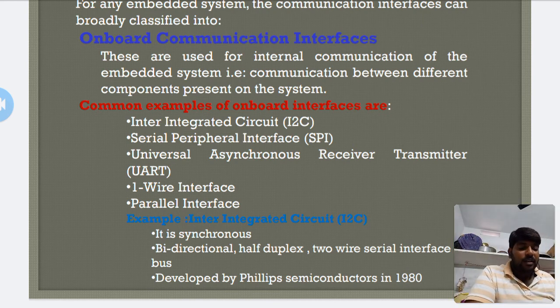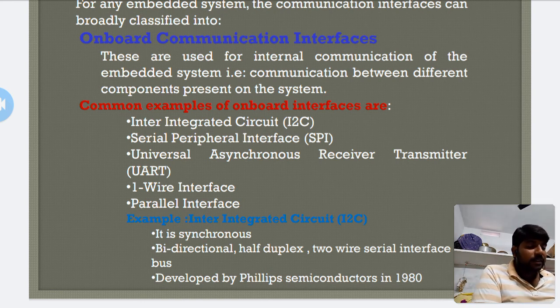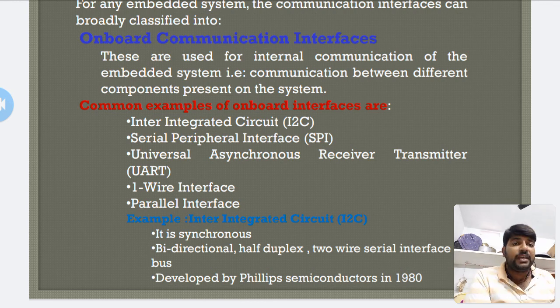The onboard parallel interface is normally used for communicating with peripheral devices which are memory mapped to the host of the system. The host processor or controller of the embedded system contains a parallel bus, and devices which support the parallel bus are directly connected to the system. In parallel data transfer, data is transferred at a time, as the data lines are connected from the controller to the devices.